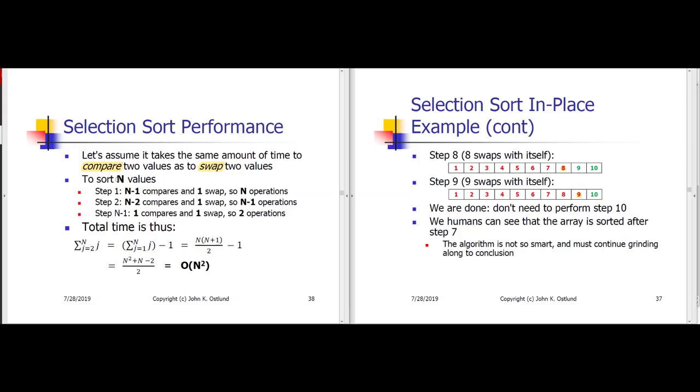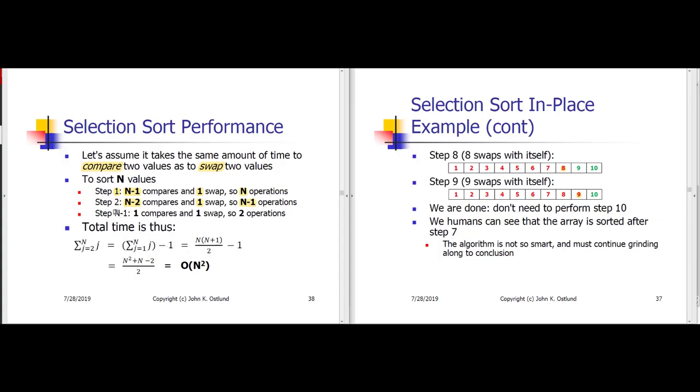So if we have n values to sort using selection sort, that means that in step 1, we're going to do n-1 comparisons to identify the lowest numbered remaining volume. And then we're going to do 1 swap to put that volume into the correct place. So that's a total of n operations in step 1. In step 2, we only have n-2 comparisons to do because we've already got 1 volume in its correct spot. And of course, we do have 1 swap to perform, so that's n-1 operations, and so on and so forth